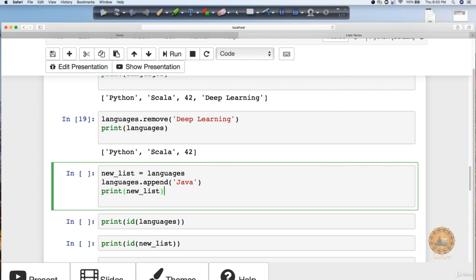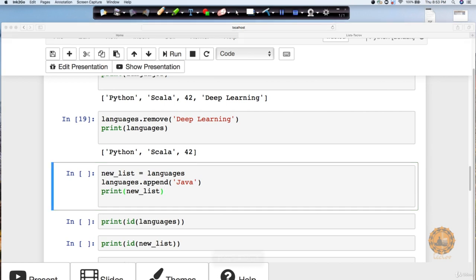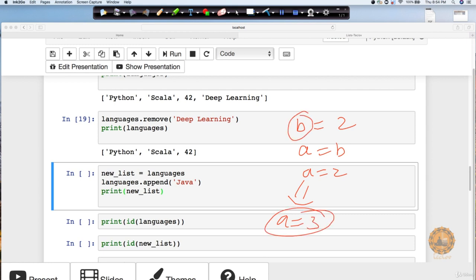Now, let me show you one very interesting thing. We generally have a habit that if I have a variable b, let's say b is 2, and then I say a is equal to b. What used to happen is the value of b gets assigned to a, right? a is a new variable, so now a also becomes 2. Now let's say I did some computation and changed the value of a to 3. In that case, usually the value of b remains unimpacted, correct?